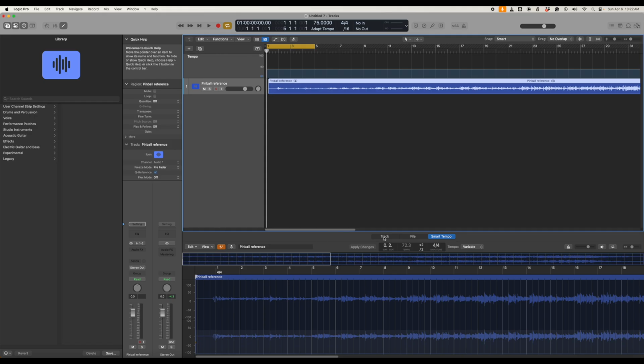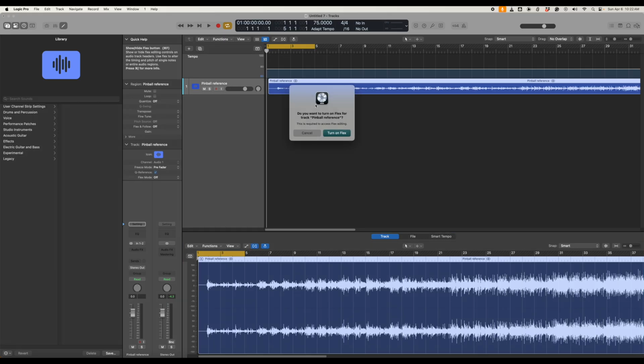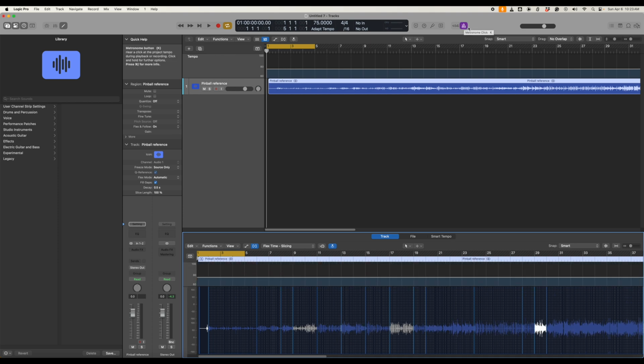We want to come down here now to the track, and then we want to hit the flex tool right here, and it will say, do you want to turn on the flex for the Pinball reference? Pinball's the name of the track, so I say yes. And now it will automatically adjust to the specific tempos. So now the next thing we need to do is add in, we can either put in a drum track, or we can hit the tempo click here. So when we start playing it,